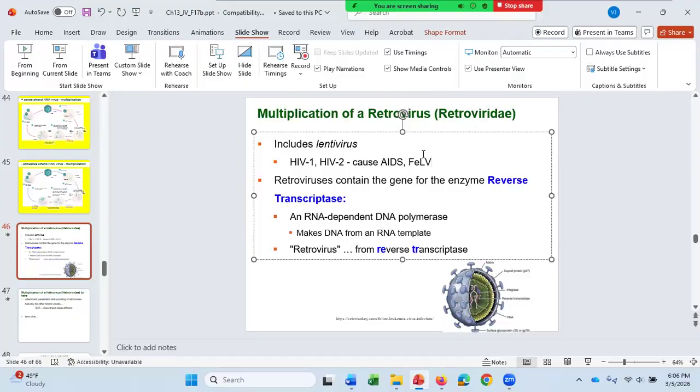with many other diseases. And I guess it could be the weakened immune system which causes the death of the cat also. But the point is that both of these viruses, HIV and feline leukemia virus, are members of the family Retroviridae. Retroviruses are unique in that they contain the gene for the enzyme reverse transcriptase. Reverse transcriptase is a gene which first,